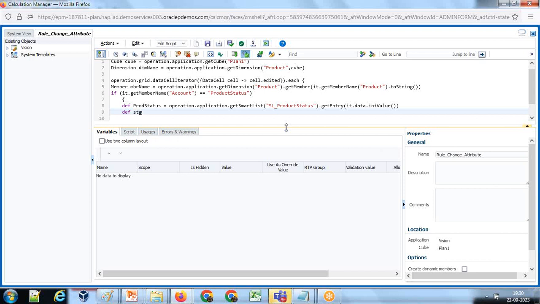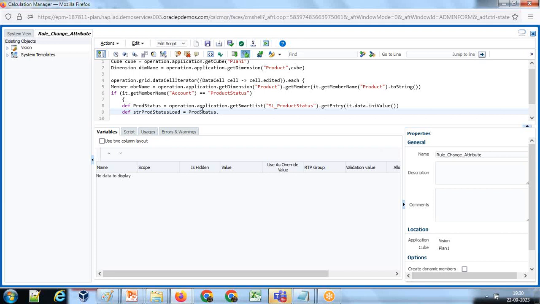It's a string type, so I give str product status. I write in brief product status equals to product status load, because we are going to load it on the fly. So which will in turn pass the smart list value object product status dot